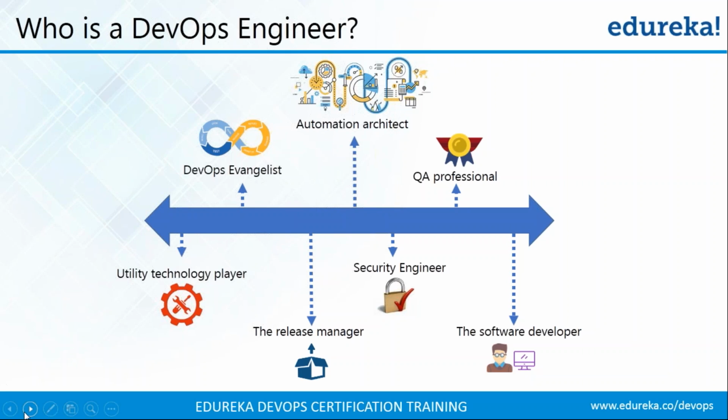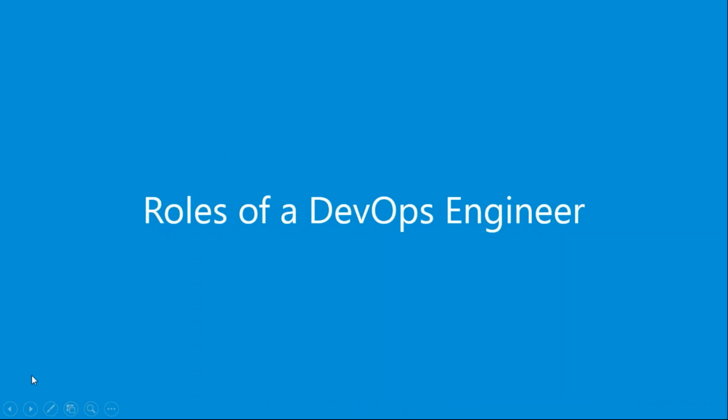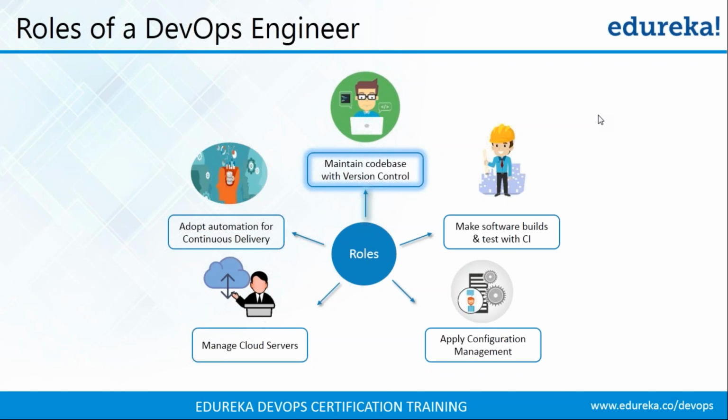Okay, so we'll move on to the next topic and we'll see what roles a DevOps engineer actually plays in an organization. So the first role that a DevOps engineer plays is maintaining the code base with version control, because your software starts with developing it. So as a DevOps engineer, the first thing that you need to do is define a version control system in your software development lifecycle. This is where you'll be storing all the source code that your developer makes, and